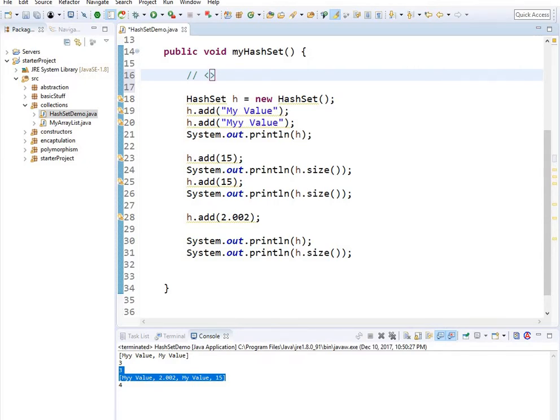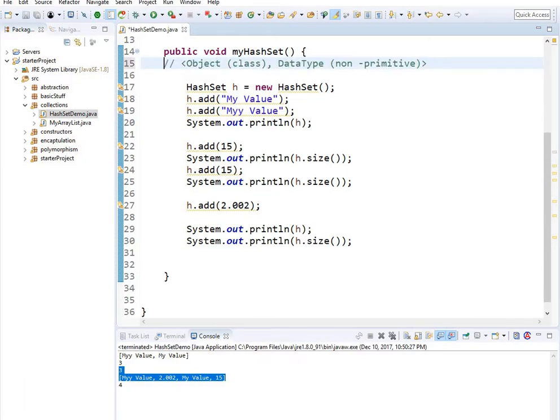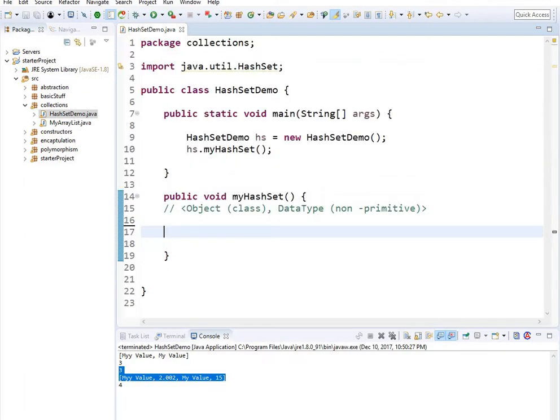It could be an object of a class, or it could be any data type, and this would be non-primitive, just the way ArrayList works. So these things you need to pass into the generic so that it does those type validations. So let's go with that. I'm going to remove this whole thing out. So if you want to do that,